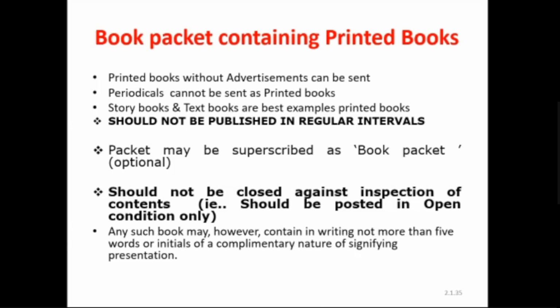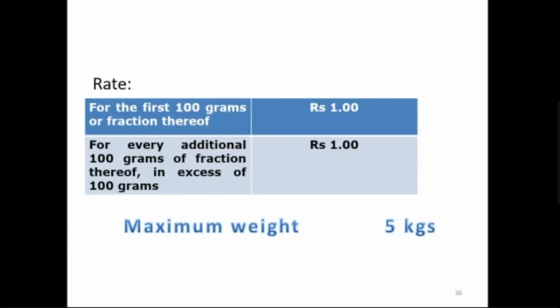So these can also contain 5 words. So what is the tariff for these printed books? Very, very economical. The maximum weight is the same as that of book packets, that is 5 kgs, and the tariff for the first 100 grams is rupees 1, and for every additional 100 grams, also the same